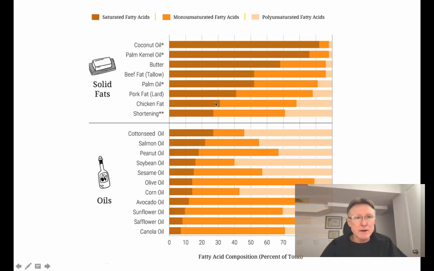We have the upper half of this diagram that shows solid fats, and we have the lower portion of this chart that shows us the oil ones, or the ones that are liquid at room temperature, and the ones that are solid at room temperature. So the colors indicate, for instance, brown is saturated fatty acids. It's the composition of the fatty acid, how much is saturated, so it's the brown color. The orange indicates the monounsaturated fatty acids, and the lighter orange, or salmon color, is polyunsaturated